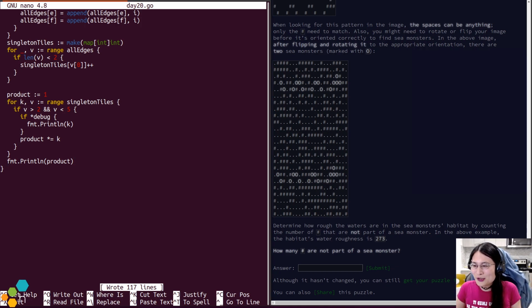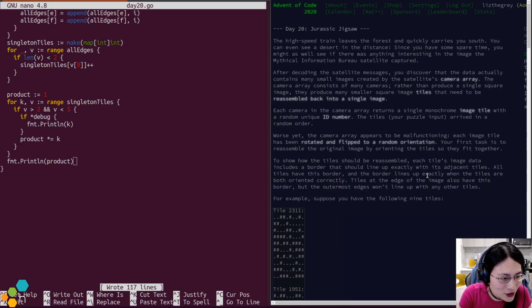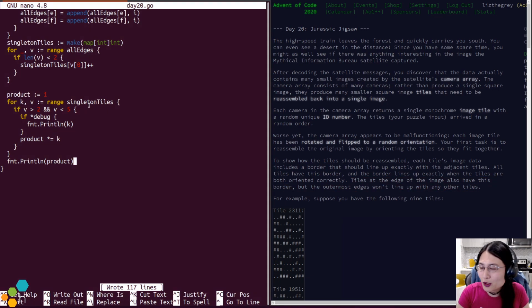It feels like Eric could have given us a pathological input that doesn't satisfy this condition, where there's more than one potential match on an edge. But the good news is, tiles of the outermost edges won't line up with any other tiles. Okay, so we were given that explicit hint, which helps us. Okay, cool.